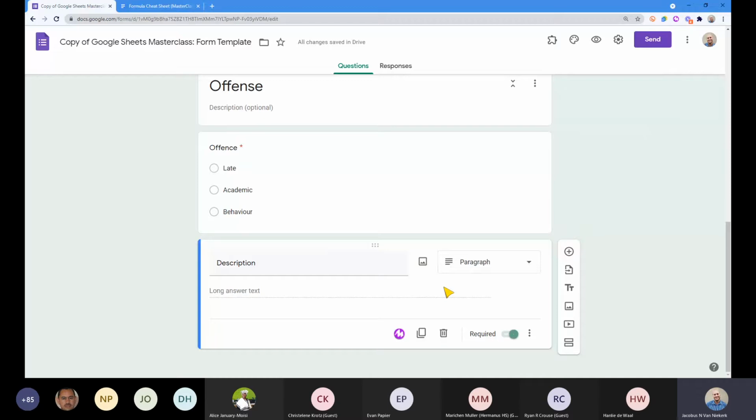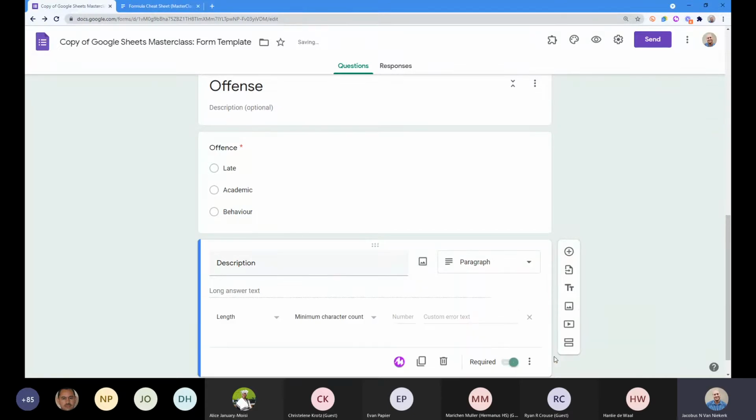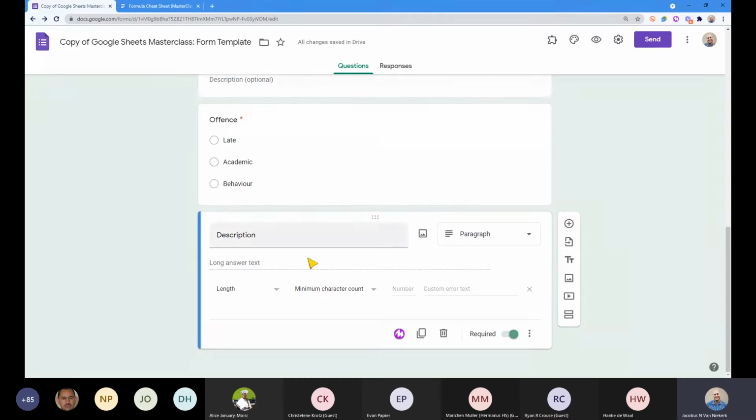But I'm just going to show you a useful thing here with data validation that you can do. If you've selected any of your questions, when you click on the 3 dots, it's kind of like a right-click option. It gives you this option to add description, of course, but more importantly, response validation. With response validation, if you're using a paragraph option, I can give them a minimum number of characters, or, well, we're probably rather going to use a maximum character count.